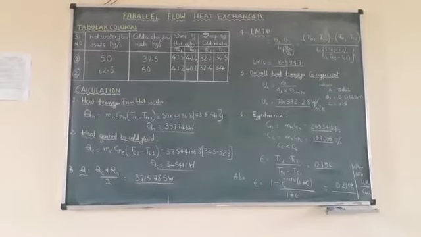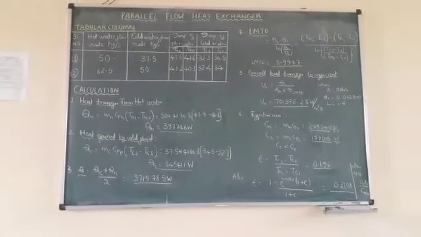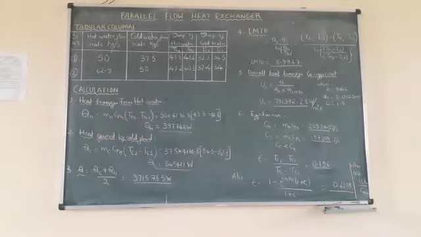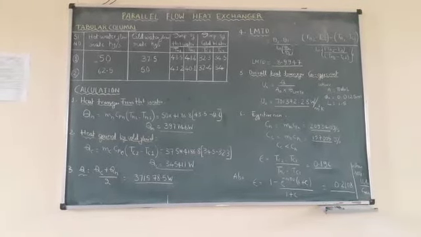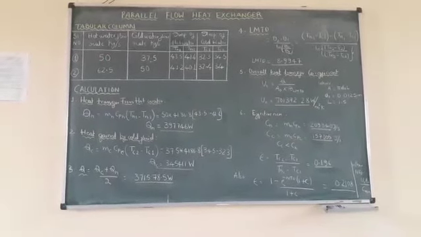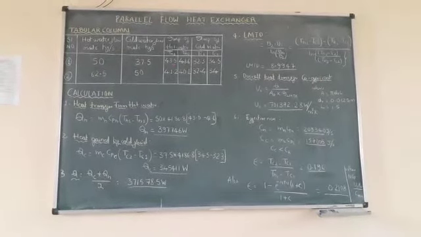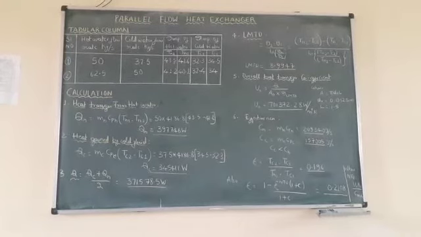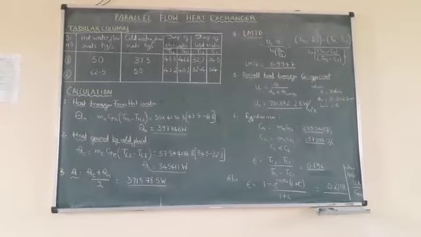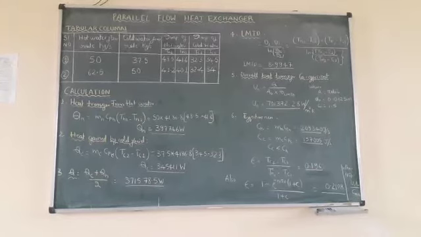So when I take the first trial, we got 50 kgs per second as the mass flow rate. There you will be getting in cc's per second, that you need to convert into kgs per second and write it in the tabular column. Next is the cold water flow rate. We got 37.5 kgs per second. TH1, that is the inlet hot water temperature 43.5, outlet hot water temperature 41.6, inlet cold water temperature 32.3, and outlet cold water temperature 34.5.